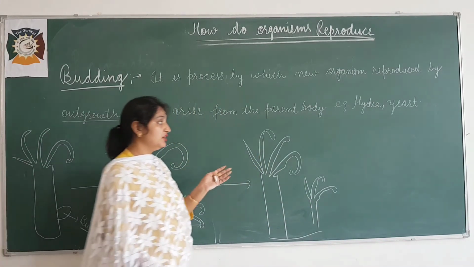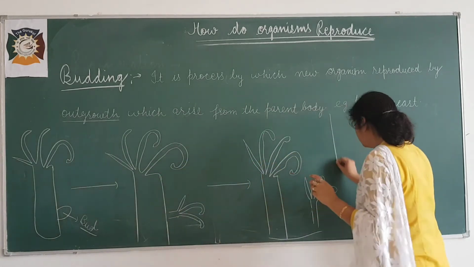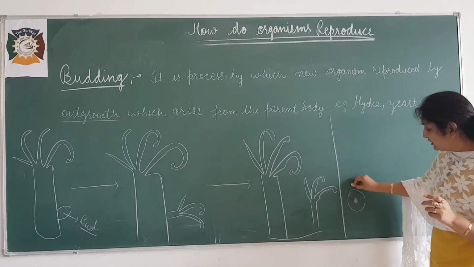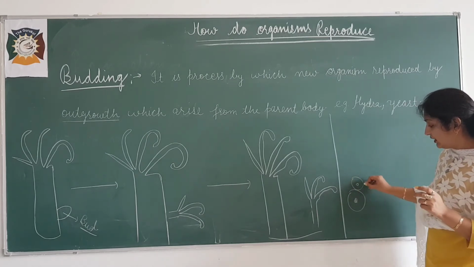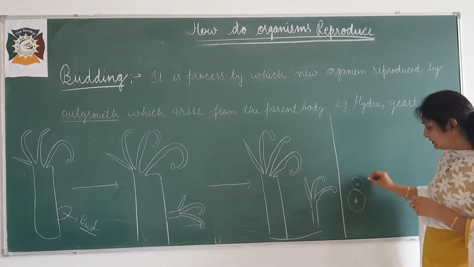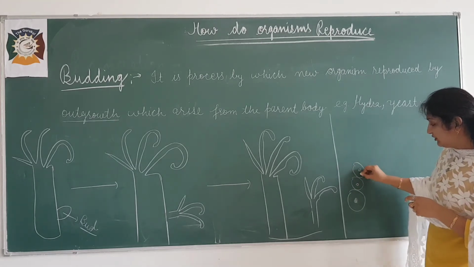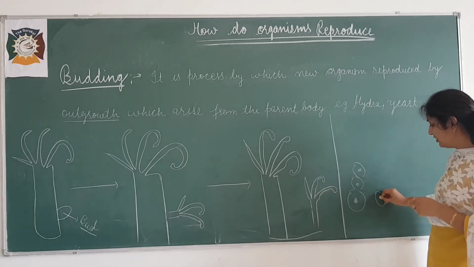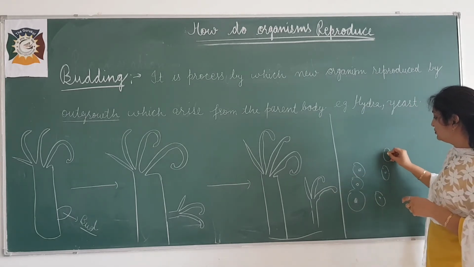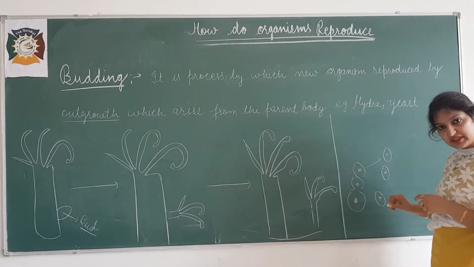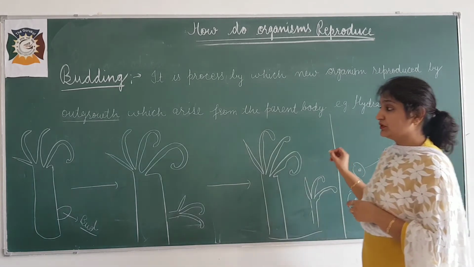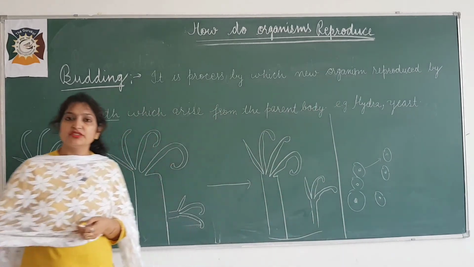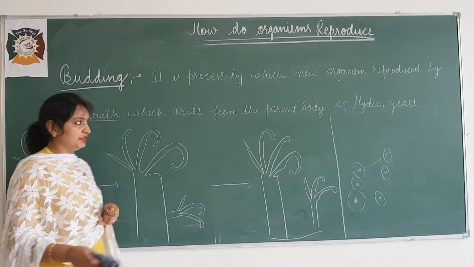इसी तरह से budding takes place in yeast. yeast के अंदर भी होती है, like one cell is yeast and it forms an outgrowth. That outgrowth is known as bud, and when the bud is fully grown, it separates from the parent body and forms a new individual like this. Is it clear beta? Budding process takes place in Hydra and yeast. Clear? Next we discuss spore formation.